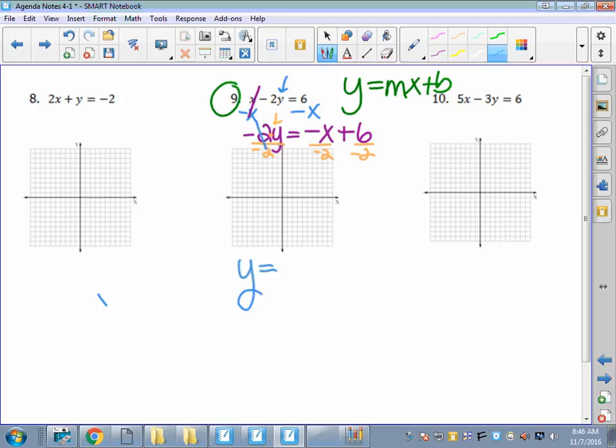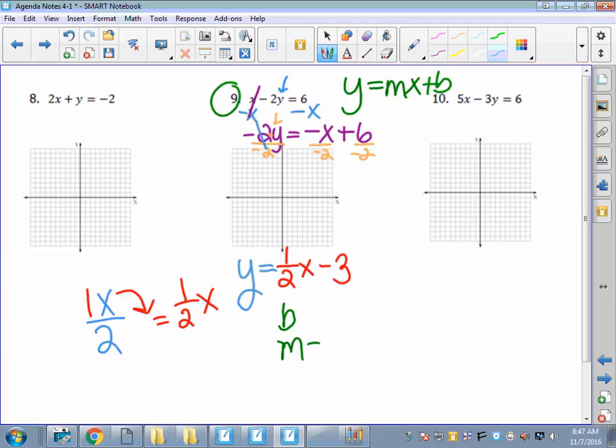And here's a nice little thing. I can take that 9x over 2. I know there's a 1 with the x. So I can just take the x and put it on the outside and keep the 9/2. So the number can stay as a fraction, and you can just pull the x right off the side of that fraction. So negative 9x over negative 2 ends up being a positive 9/2 x. 6 divided by negative 2 ends up being a minus 3. So now I can tell